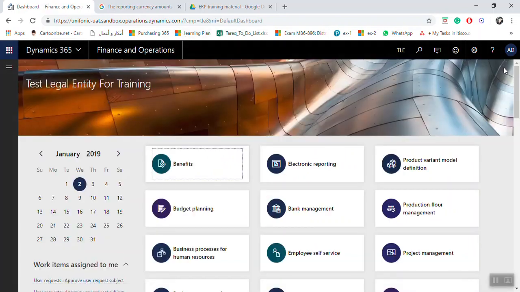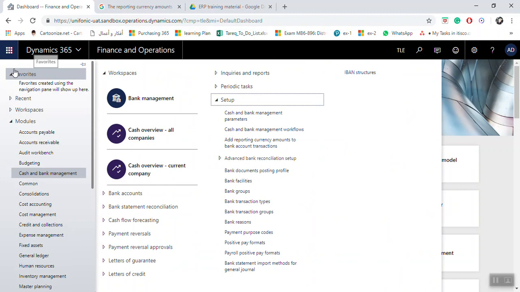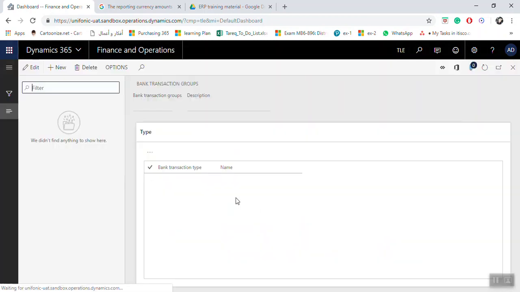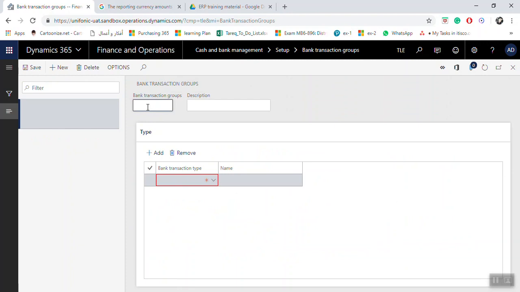You have to link it with the bank. You created bank transaction types, you need to link them with bank transaction groups. So here under Setup also Bank transaction groups. Click New. I will make the first group for